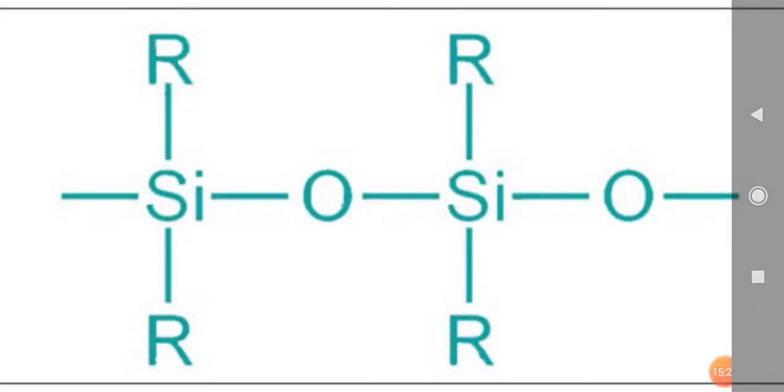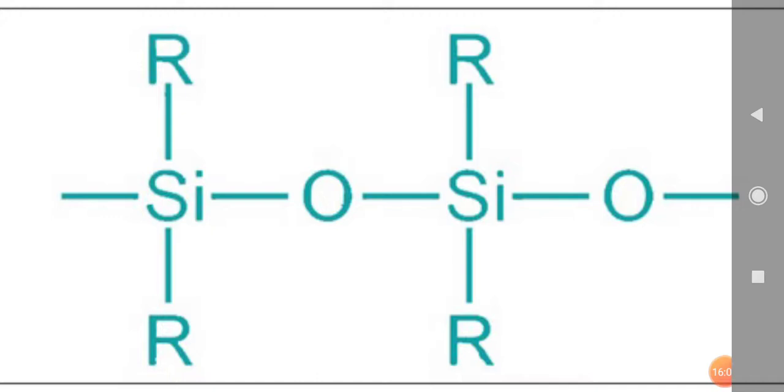The next one is called silicones. Silicones are organosilicon polymers which exhibit R2SiO linkages as the repeating unit. This is the second compound of silicon, which is produced by the reaction between silicon and methyl chloride. Now, when we observe the structure of the silicones, they are completely surrounded by non-polar alkyl groups. So these are water repelling in nature, which means water is unable to enter into the molecule.